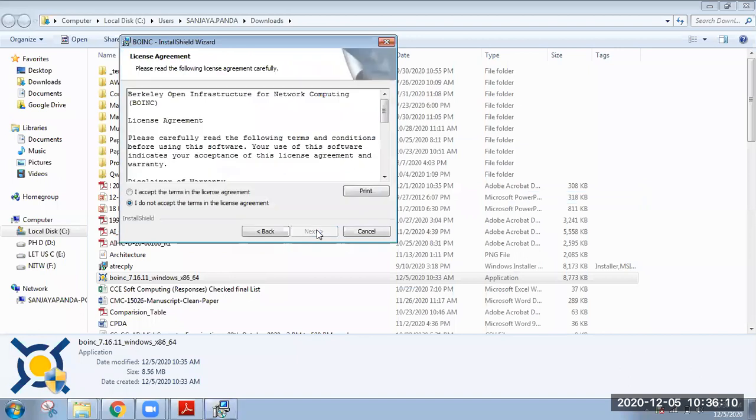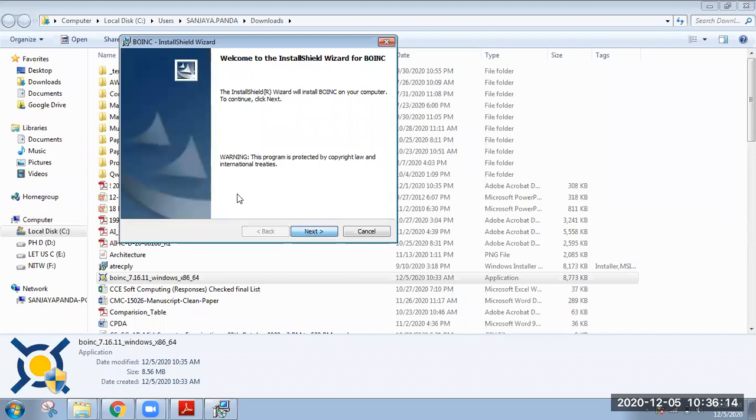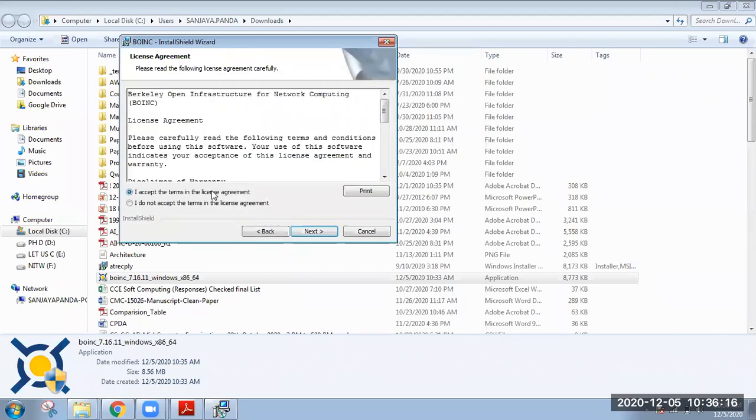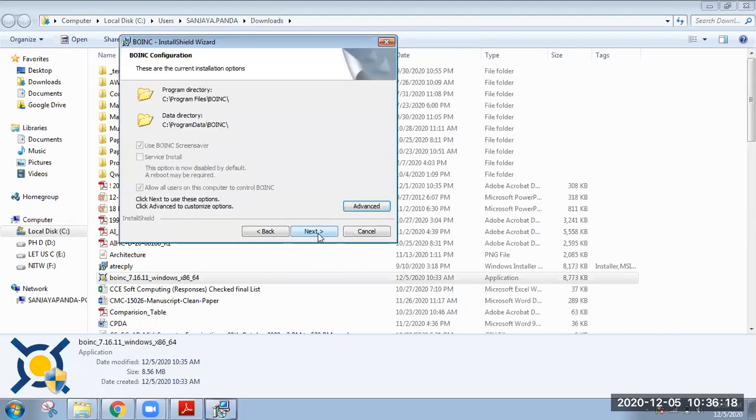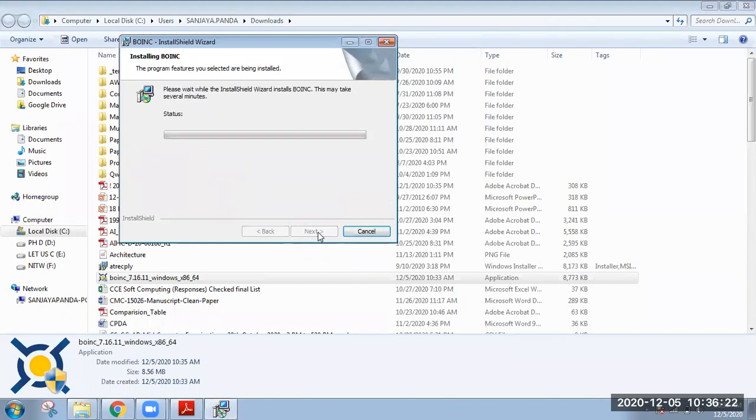No need for any specific configuration. I'm clicking next, accepting the terms and conditions, then next, then next, then install. Only 4 clicks. Now it is installing BOINC on my computer.